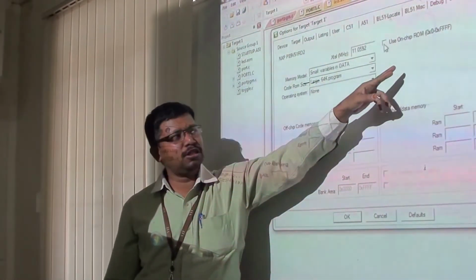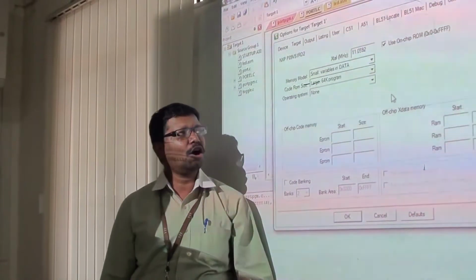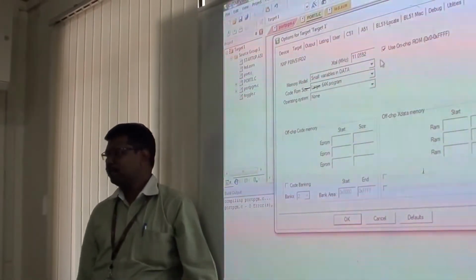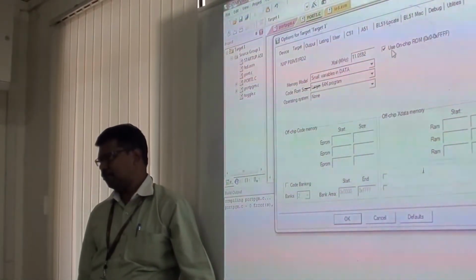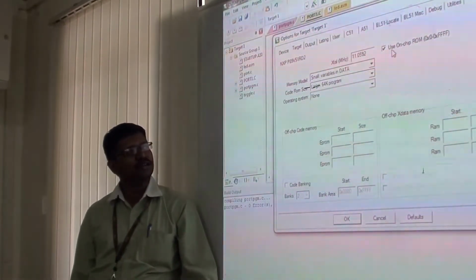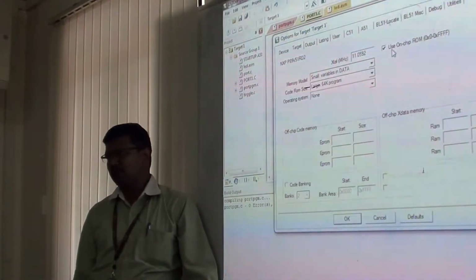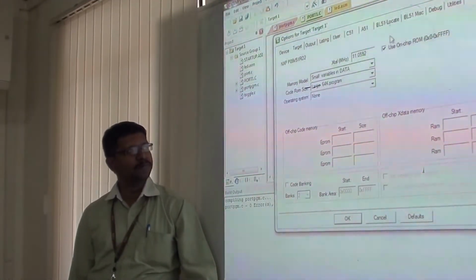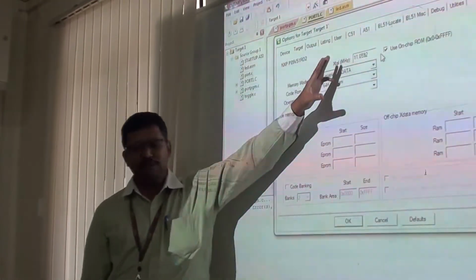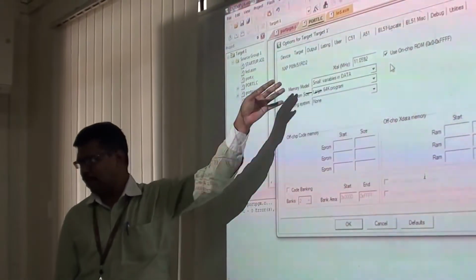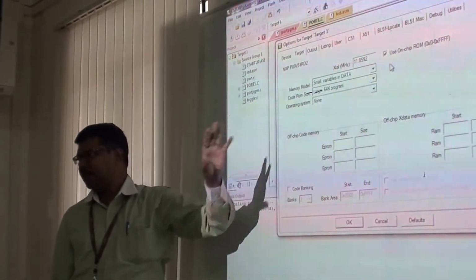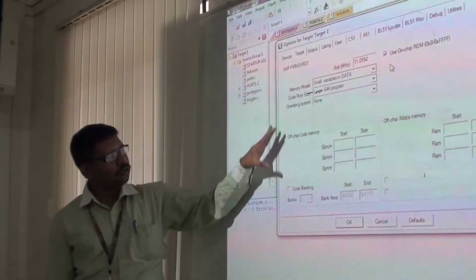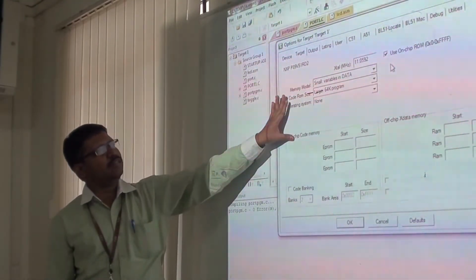Okay, please ensure that it has to be enabled. Use on chip ROM. Okay, that has to be enabled. Note down the step number. Next step is you have to enable use on chip ROM. I want everyone to note down it. Okay, use on chip ROM. So these are the configuration you have to make. If you fail to make this configuration perfectly, your device will not work at the end. Okay, after that, we have done this particular thing.